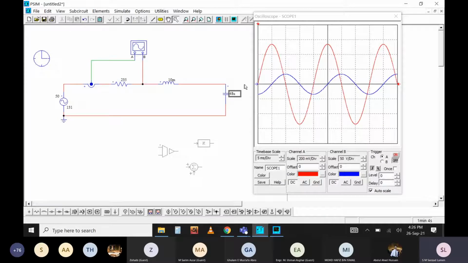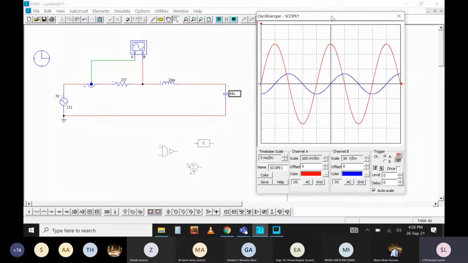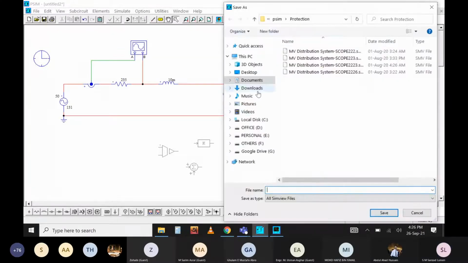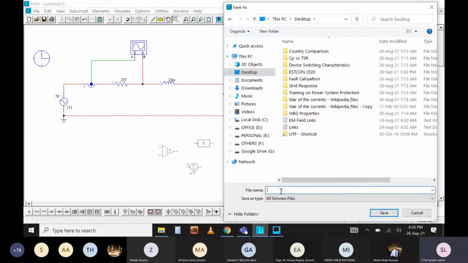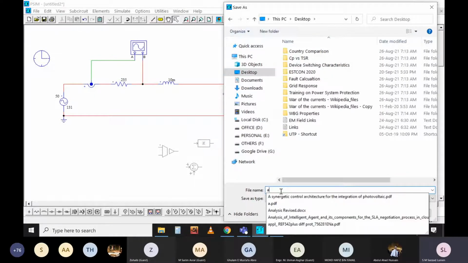So now what you can do, you already got this result. Say for example you got some result. Now you want to do some manipulation or some processing on this result. How you are going to do it? It's very simple and convenient. You can see the save button here. You simply click on this save, and you show the destination, and say for example give it some name. I put a name better.